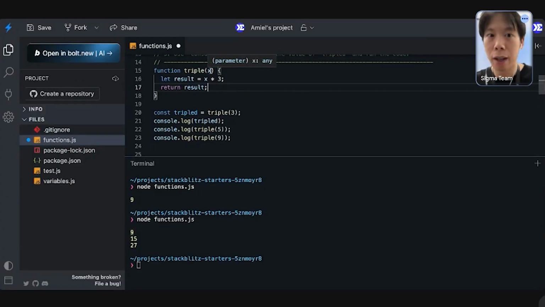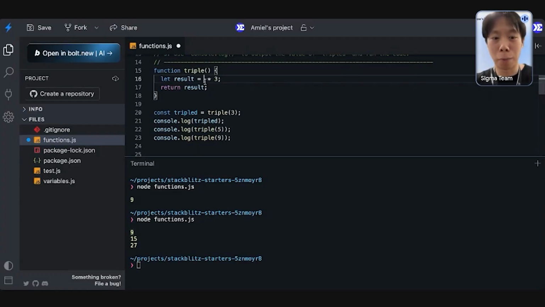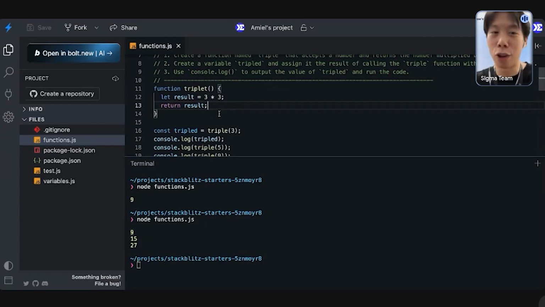So if you're going to assign a value and you know that the value is always going to be the same, you don't have to add it as a parameter. You can just assign the value here. If you know you're always going to multiply 3 by 3, you assign it within the function and you don't add it as a parameter, because then it defeats the purpose of having a function, right? The whole point of a function is you want it to be as modular as possible so you can use it repetitively. Does it make sense?